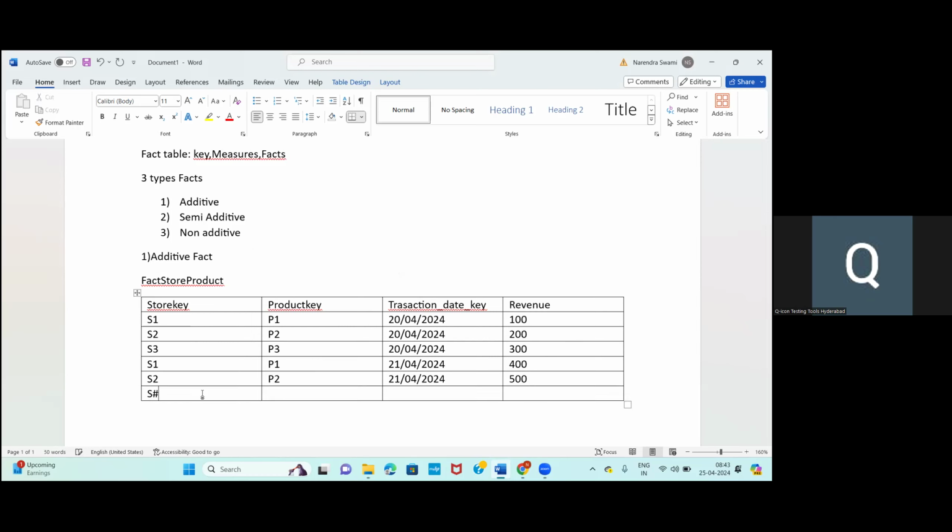That is an S3 transaction. This happened on the P1 product, and the date will be like 22/04/2024, and the amount can be like 600. Now, by looking at this table, I want to derive something like